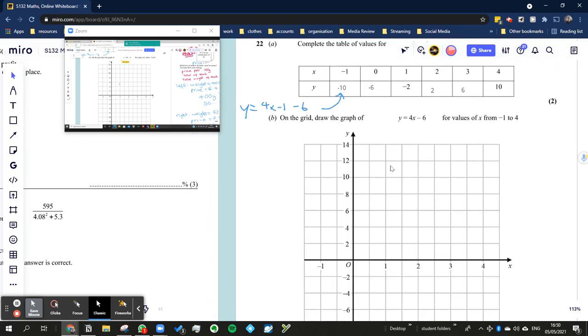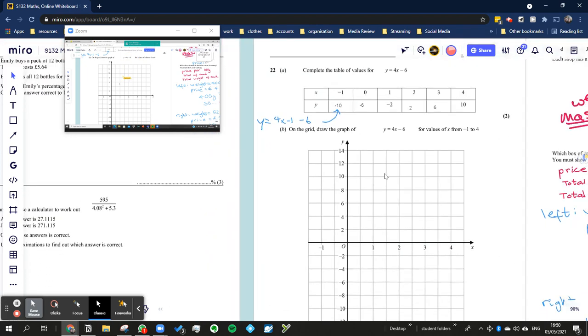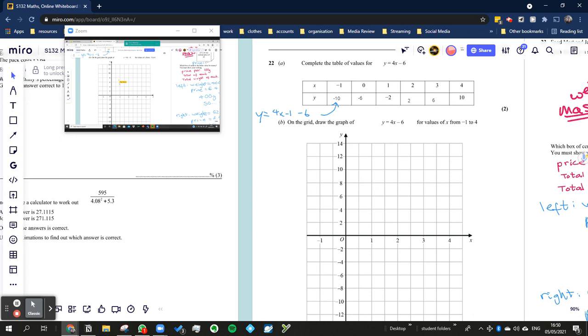Now, 22b, once you know how to do it, is probably easier than 22a, but it takes a bit of practice. The first thing you need to understand about these graphs is how coordinates work. If we look at anywhere on this, let's plot this place at random. The coordinates of this point, this little cross, are the x value followed by the y value. Now the x value, if I follow it down to the horizontal line, which is the x axis, I should say,